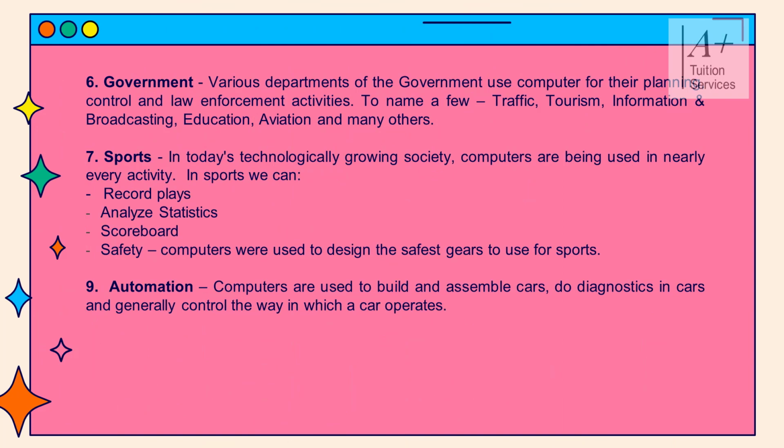The sixth user of computer information or computers is the government. Various departments of the government use computers for their planning and control and law enforcement activities. To name a few, we have traffic, tourism, information and broadcasting, education, aviation, and many others. Here in Trinidad and Tobago, every ministry or government department now has a website that is fully functioning to some